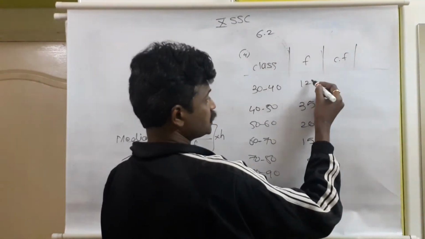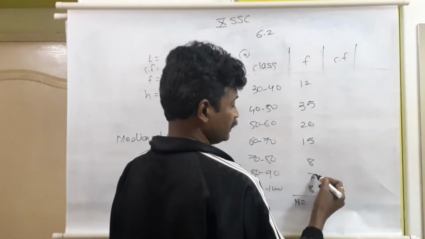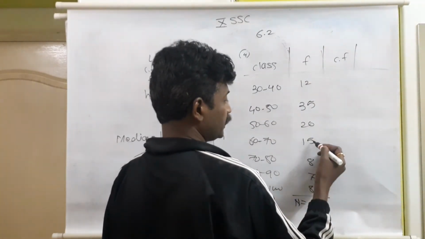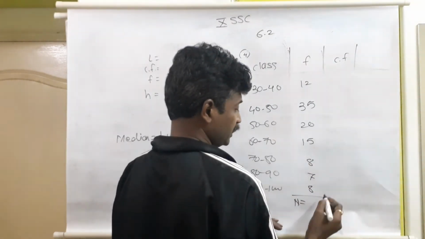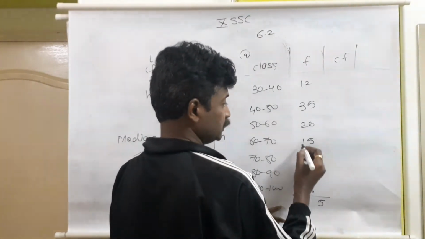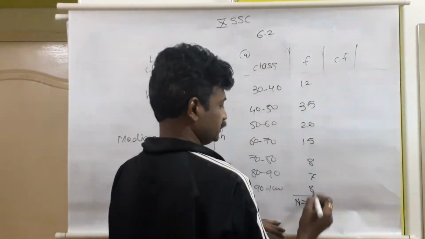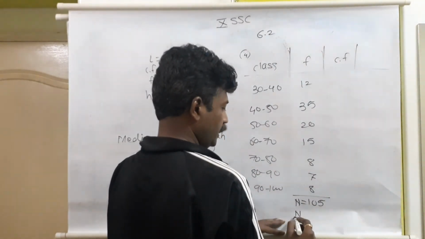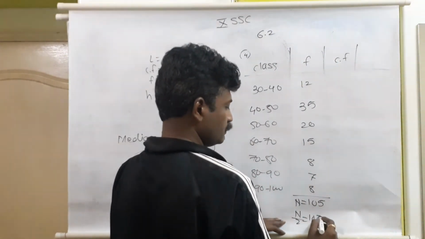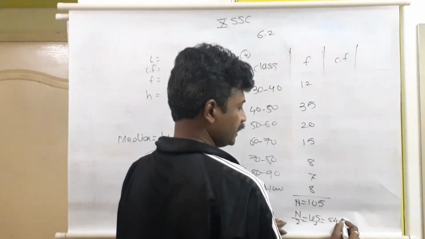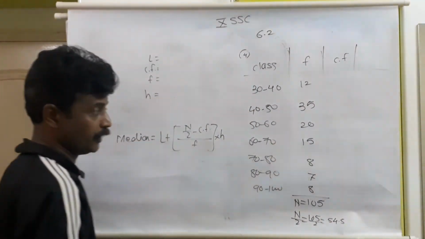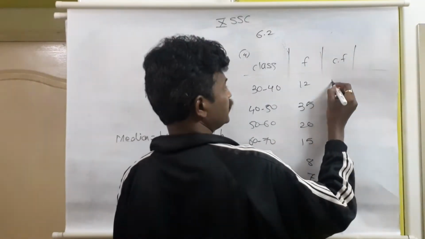Now the value of n. Addition of these: 5 plus 2, 7, 7 plus 7, 14, 14 plus 5, 19, 19 plus 8, 27, plus 8, 35. So 5 carry 3, 3 plus 1, 4, 5, 6, 7 plus 3, 105. n by 2, 105 upon 2, 2 5s are, 2 4s are, and decimal point, 52.5. CF: first CF as it is 12.